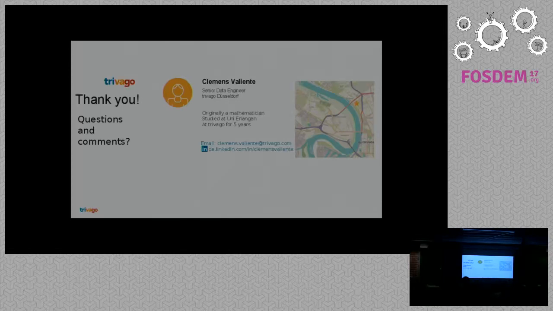I have a question, an extension of this question actually. So if you have Kafka clusters running in two data centers, in an active scenario, will that work